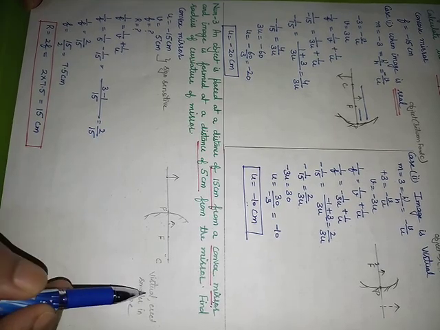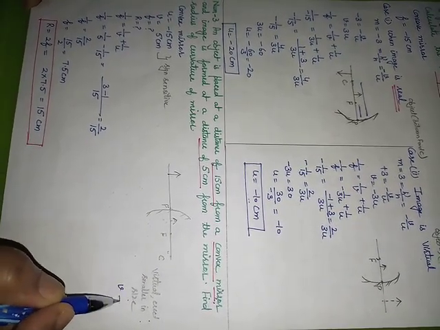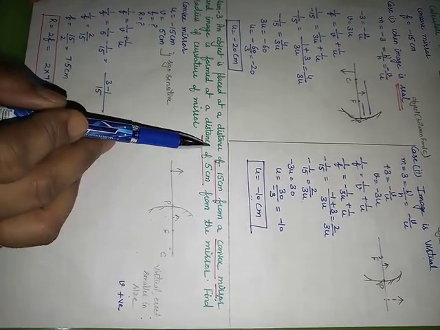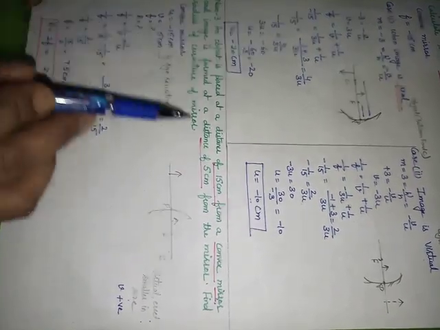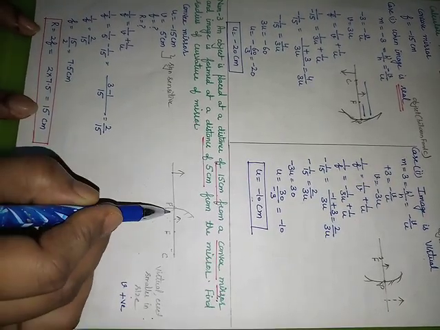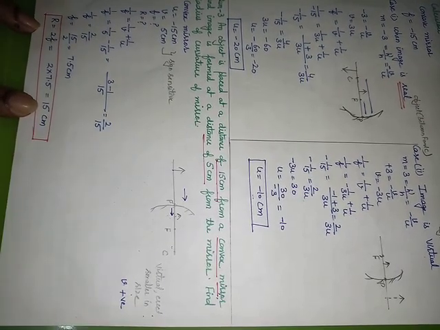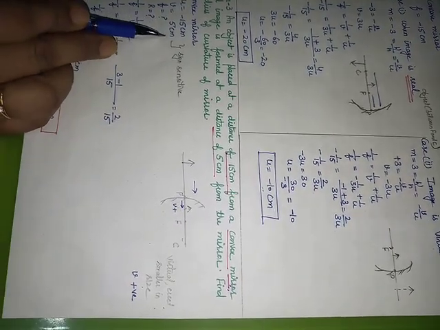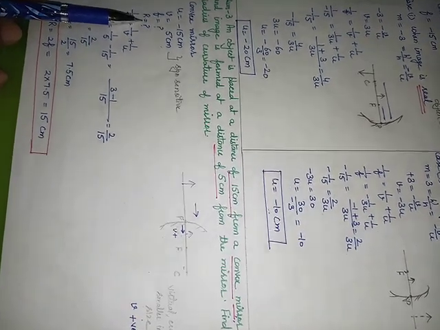Image formation is virtual, erect, it is smaller in size, and value of v is positive for convex mirror. So this is given to us u. So u will come out with minus 15 centimeter. V, I will not write with negative sign because this much distance is v and it is in the direction of incident ray of light. So this v will be positive. So v will be 5 centimeter.